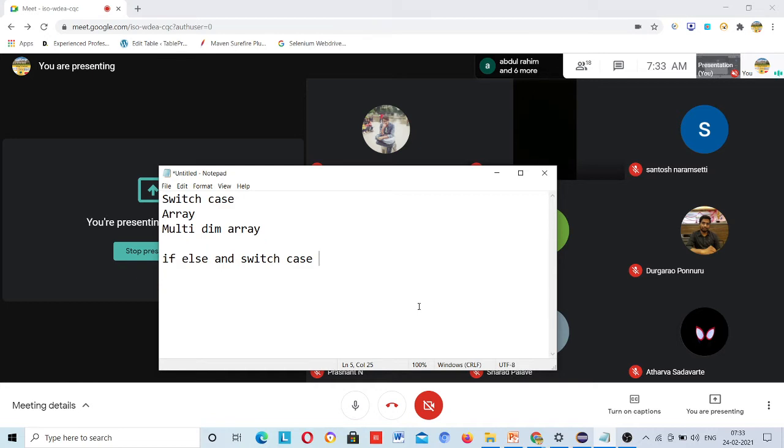And this way the switch case works fast, because you do not need to check multiple comparisons. You just need to check one comparison at a time. This is how the switch case is faster. So if you have a single condition you can choose any one of them, but if you have multiple, then just go for the switch case. Okay, so I will start with the switch case today.